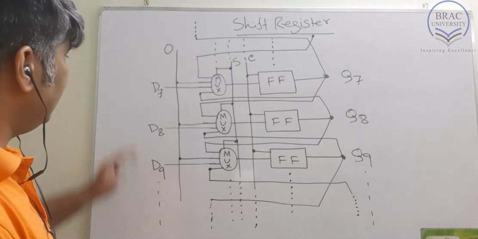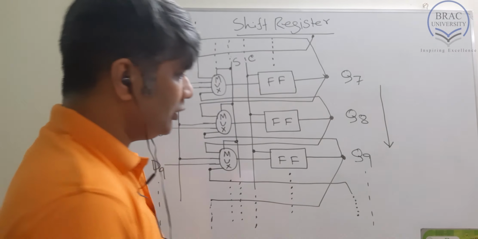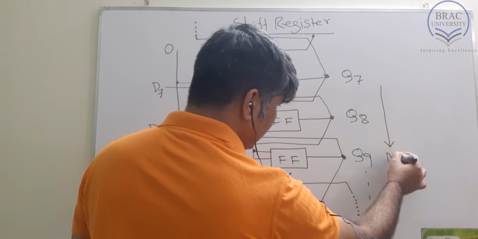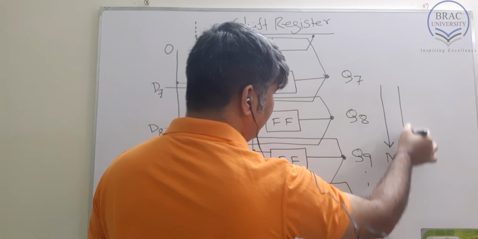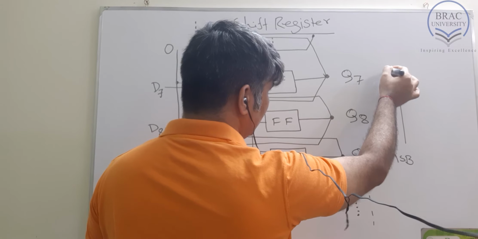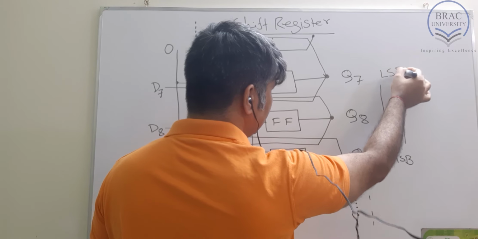Now this is a diagram of a combined shift register or conditional shift register, where just by selecting the multiplexer we can make this one work as a left shift register, right shift register, clearing the register, and taking external bits. Now how can this one work as a left shift register? When you come down, you are going from LSB to MSB. That means this way is MSB, and when you are going up, this way is LSB.